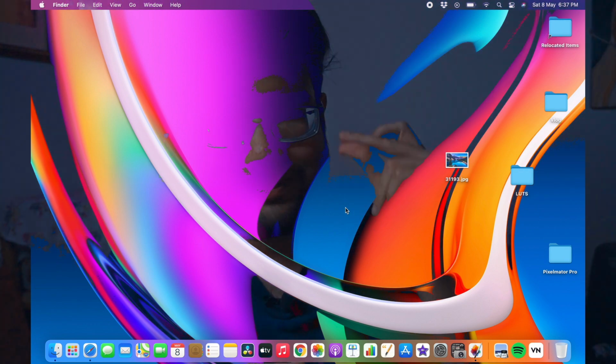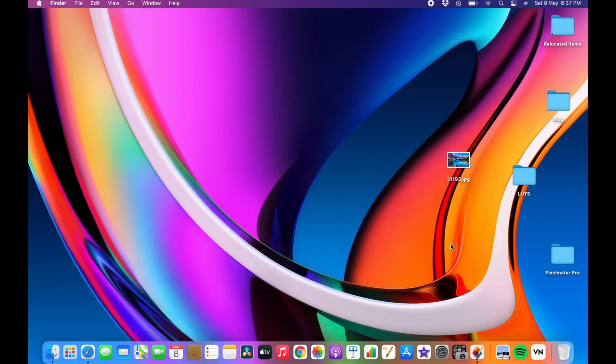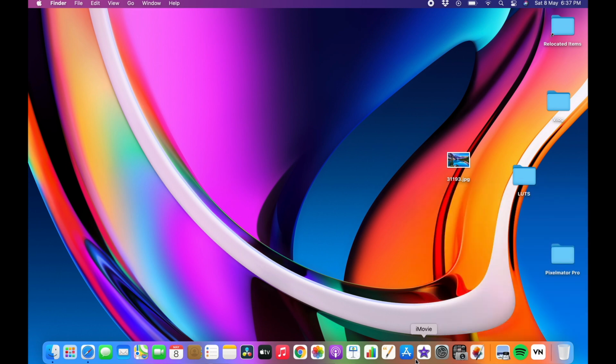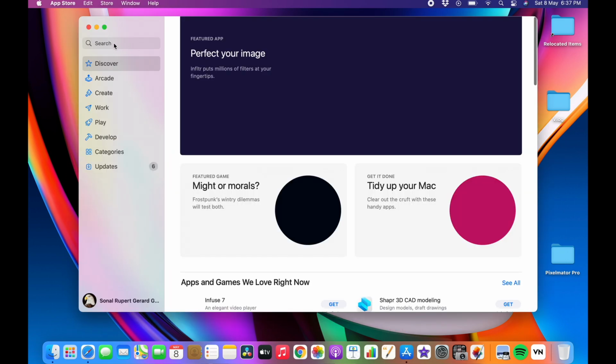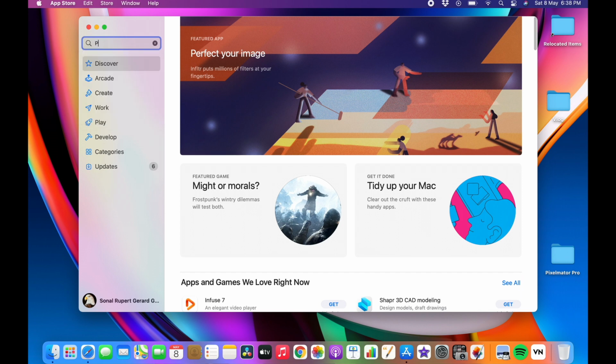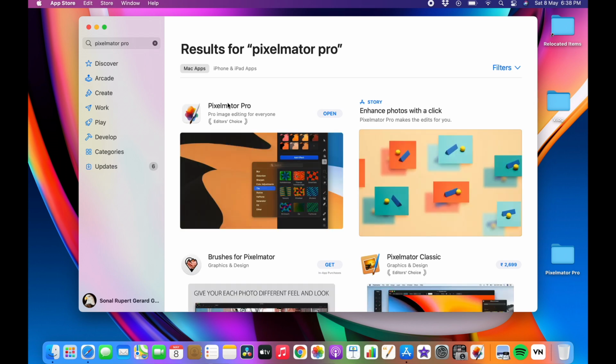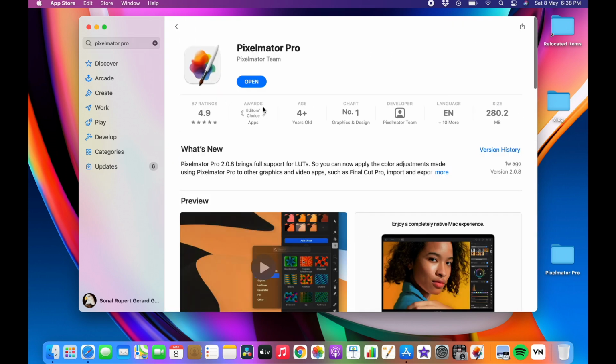So without any waiting, let's get on to my MacBook Air and I'll show you the process. Before starting with the process, I'll first go through the version of Pixelmator Pro. So as you can see, Pixelmator Pro is over here. So I'll close the app. Now let's go to the Play Store, and let's type Pixelmator Pro over here. So as you can see, this is the Pixelmator Pro app. Now I have already downloaded it, so that is why it is showing open.